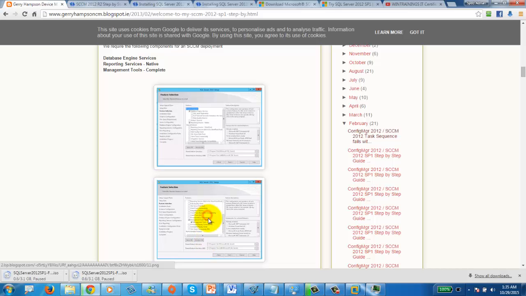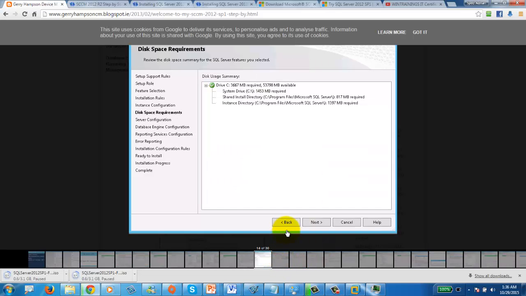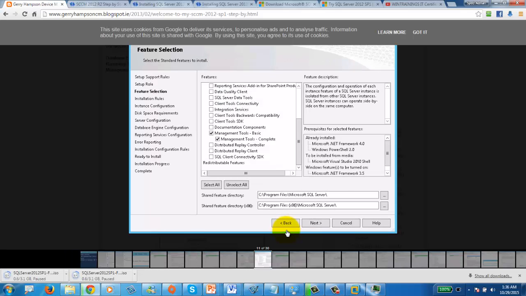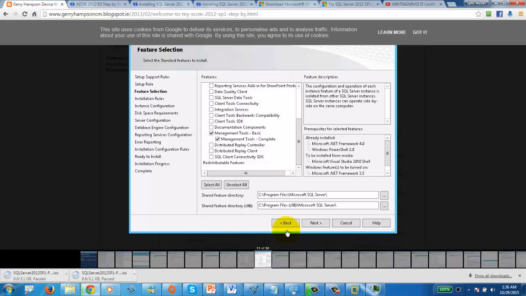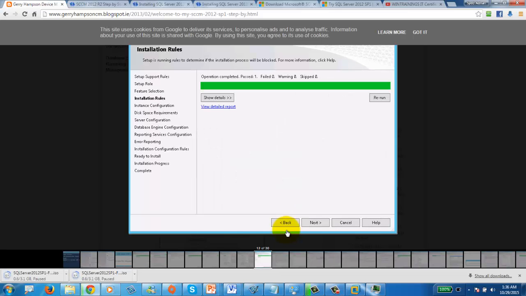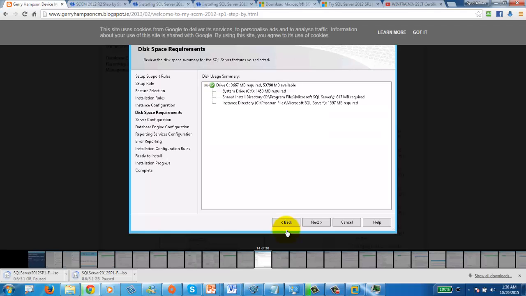After that, we do need the management tools in the next screen. So in the feature selection, we need management tools, role. Next here,